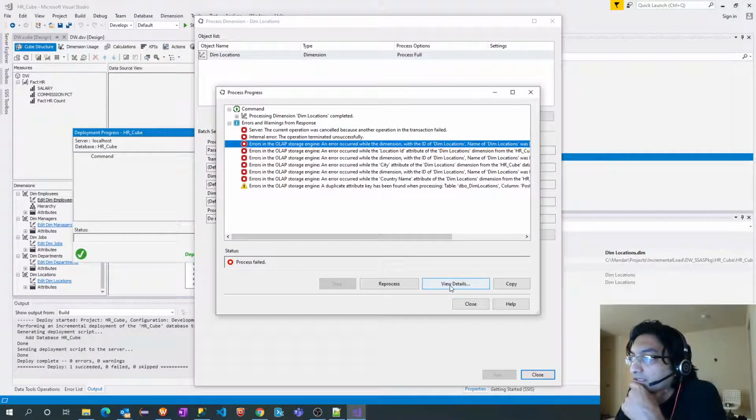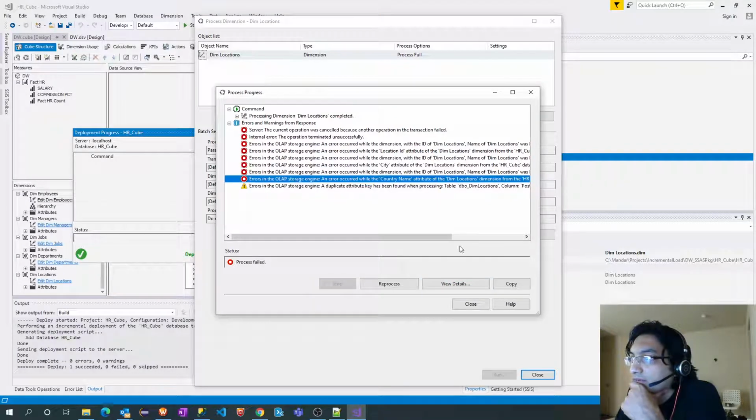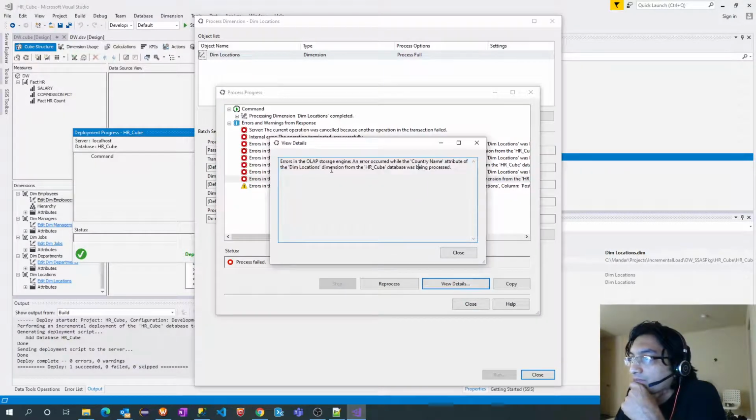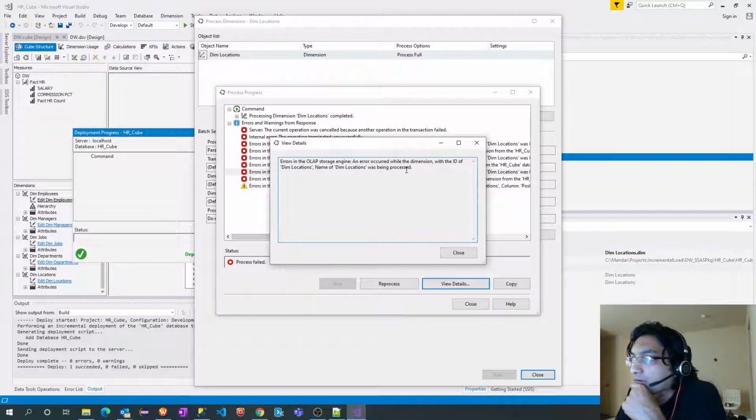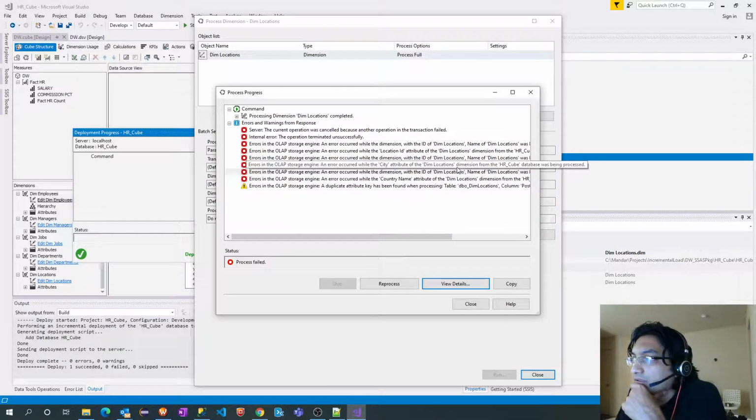What it says is HR cube database being country name attribute with the ID of dimension location name dim location was being processed.